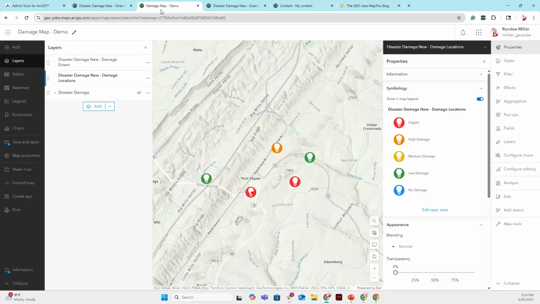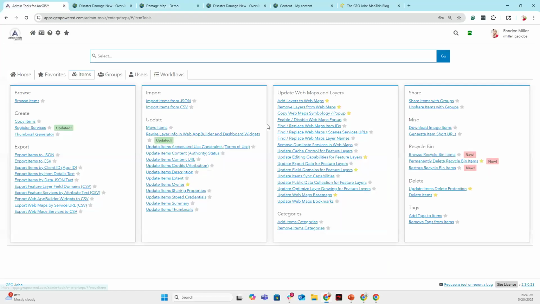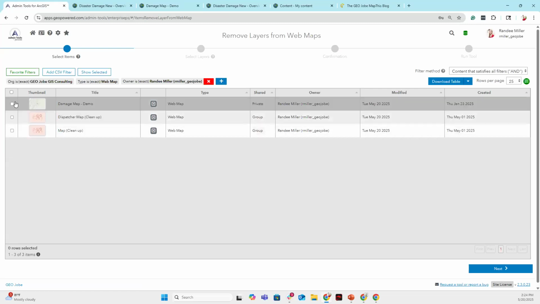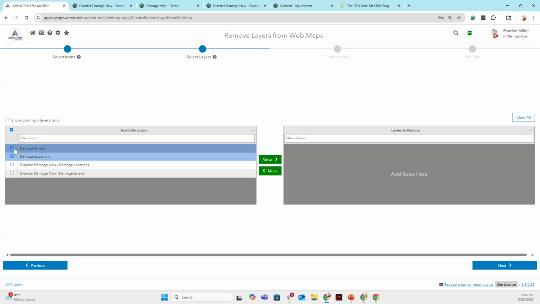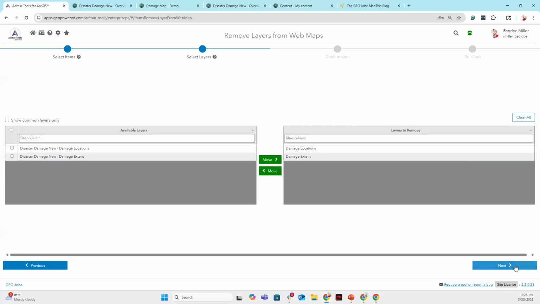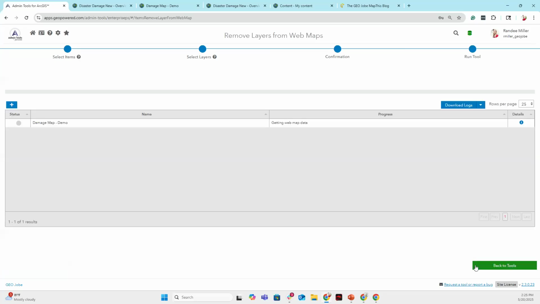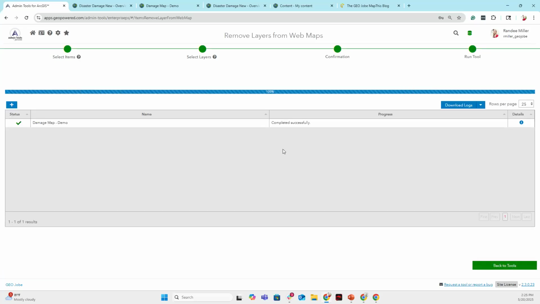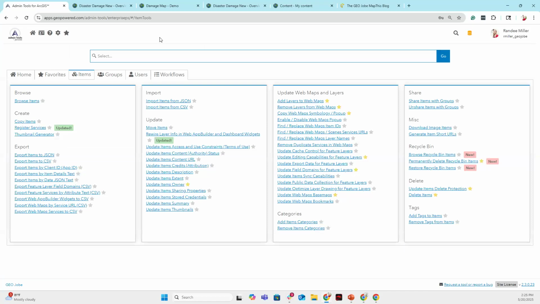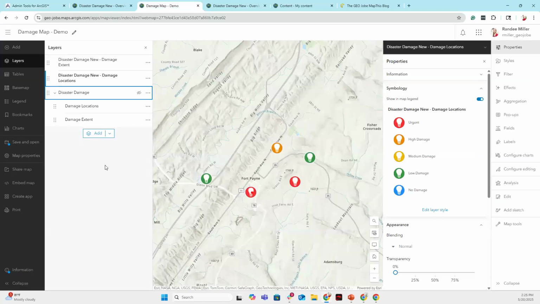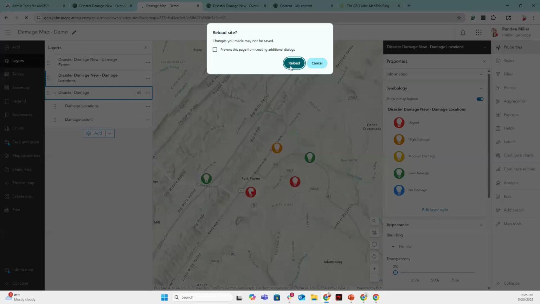So since we did that, now I have this in here, and I want to remove that layer. And again, you can do all of this in admin tools. I could have added the layer, changed the symbology, and then come in here and removed it. And so now I'm going to select the same map. And I'm going to say, I do not want these. Next. And then it's going to tell me what it's doing, and I can run the tool, and then it tells me it was successful. And then if I come back over here and I reload,